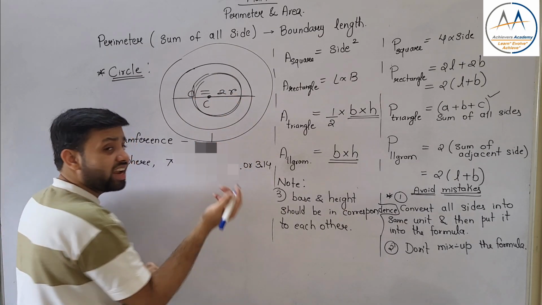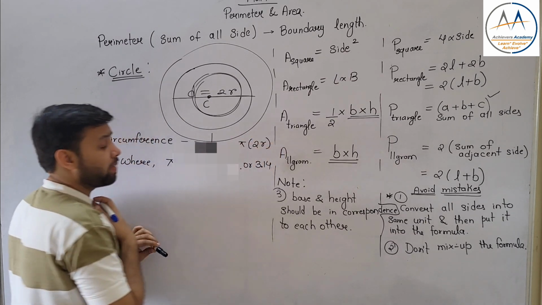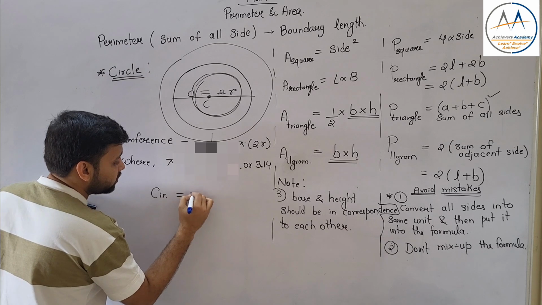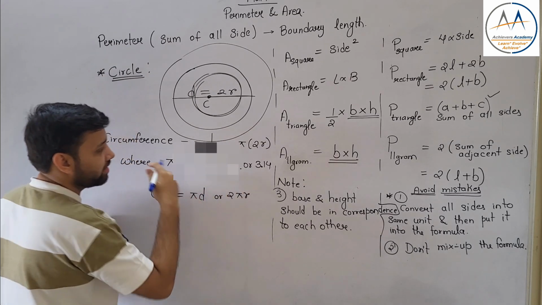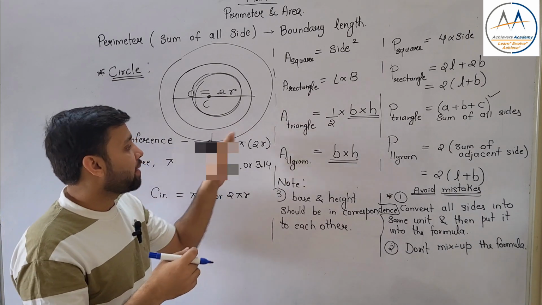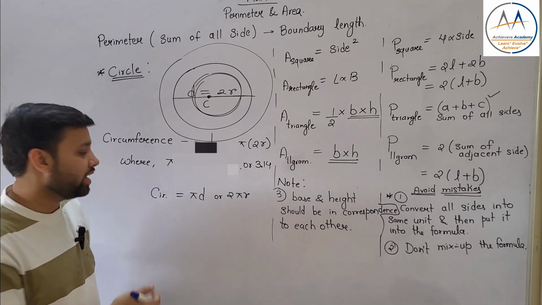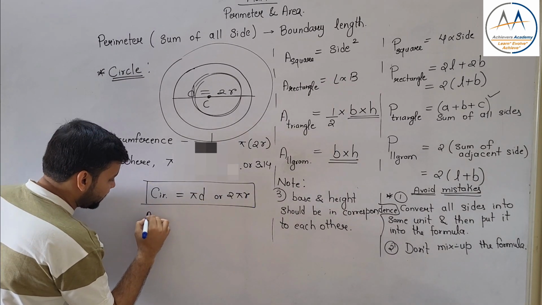So can we also write this formula as pi into 2r? Yes. So the circumference of a circle can be written as pi d or 2 pi r. Pi into r, it's not rhyming. 2 pi r, it's in the rhyme. Okay, so we have circle, circumference, and area of a circle again